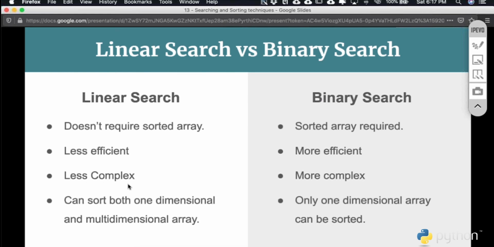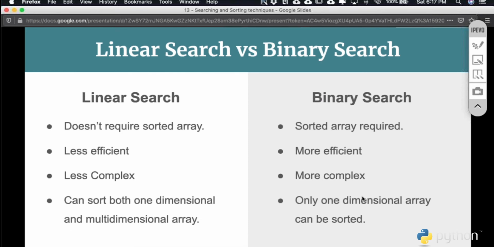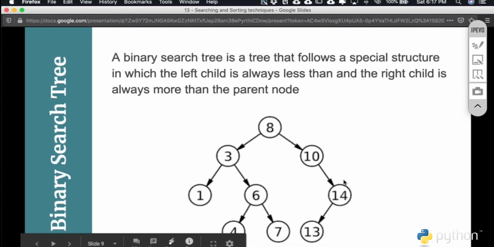Now the implementation of linear search is very simple, but binary search is a little bit complex. It is implemented through some iterative pattern or some recursive pattern. And linear search can work on both one-dimensional and multi-dimensional arrays, but binary search is only achievable on a one-dimensional array that can be sorted. We cannot extend it to multi-dimensional arrays because the calculation of index really becomes problematic, and we cannot derive it by some mathematical relation. So that's not applicable there.